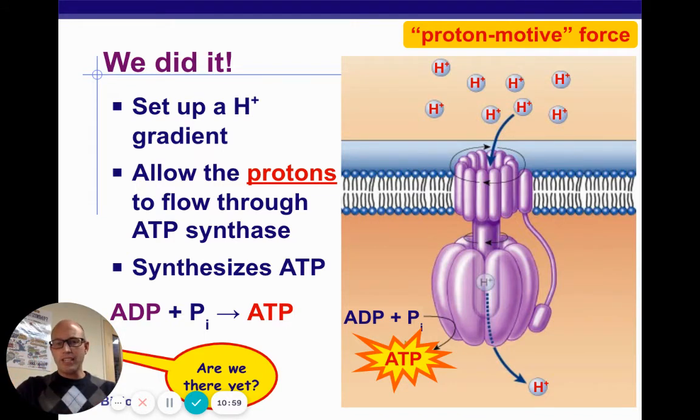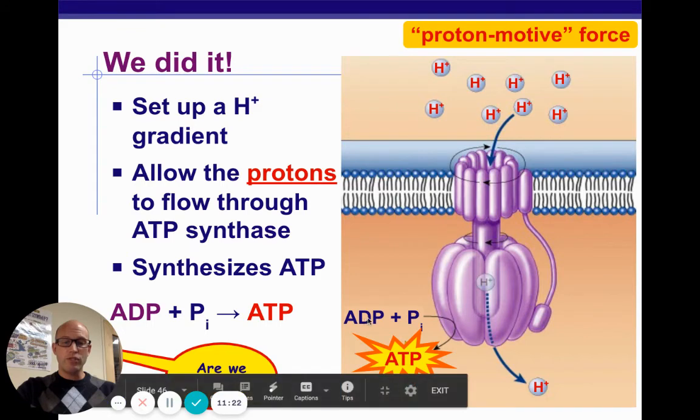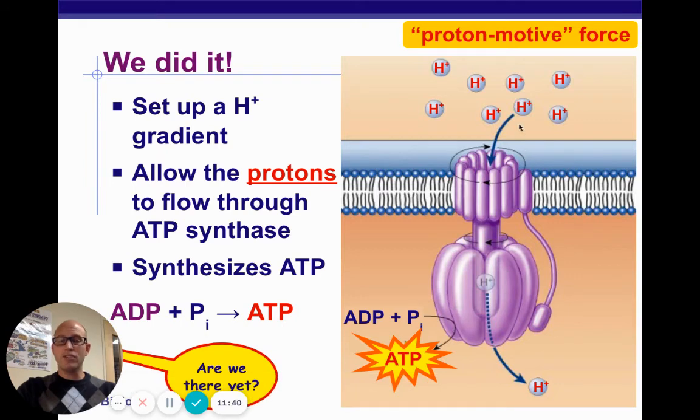And so this molecule called ATP synthase sits there and it says, sure, you can come through me. And it will allow them to pass through the middle. And when they do, look at these arrows here, when they pass through, they actually cause this complex of proteins to rotate, to spin. They're actually turning this concentration gradient, which is potential energy, into kinetic energy. And that kinetic energy is providing the energy then to combine an ADP, diphosphate, with an inorganic phosphate. These are those phosphates that are just floating around in your cells. Becomes ATP, triphosphate. And that's the idea of oxidative phosphorylation, or even chemiosmosis, using this idea of a concentration gradient